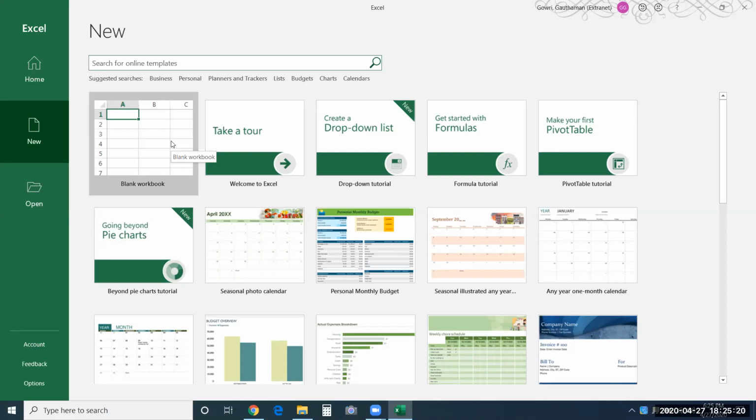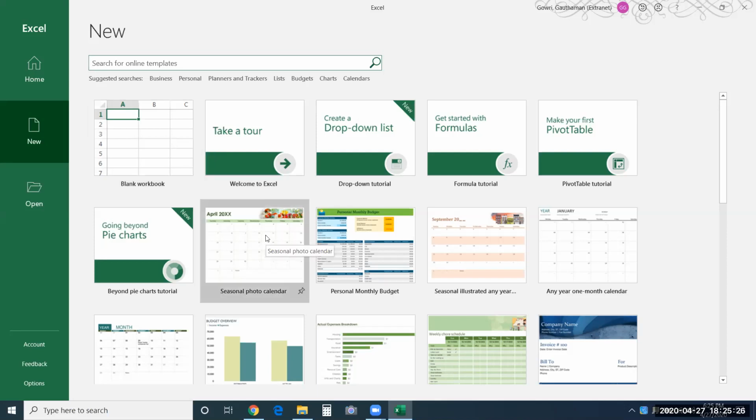This blank workbook lets you build anything from scratch. Templates, whereas, help you to start off from, you don't have to create it from scratch. So you will have some placeholders given there. You can utilize these templates. It will save your time. So wherever necessary, you can go for templates as well.